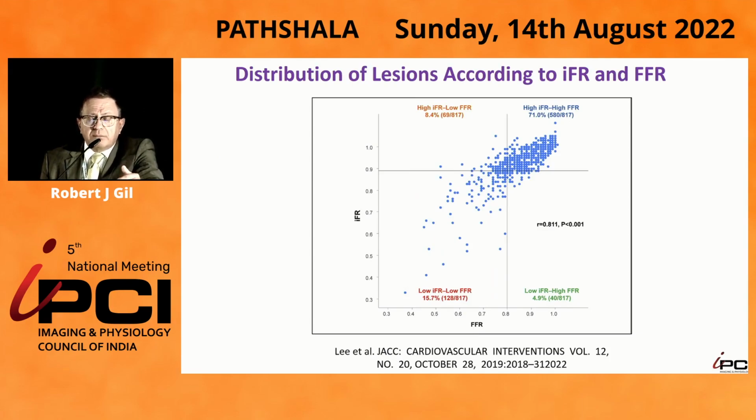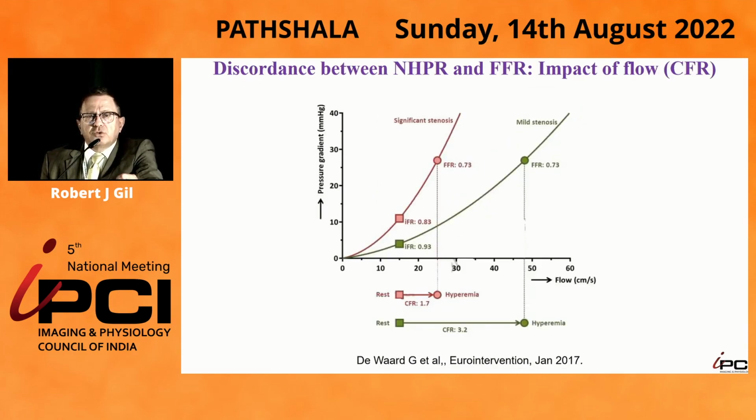However, we have to remember that the concordance of these 2 techniques is not so high. There are additional parameters which influence these results and the discordance between these two parameters. Therefore, also the concept to check this by coronary flow reserve,